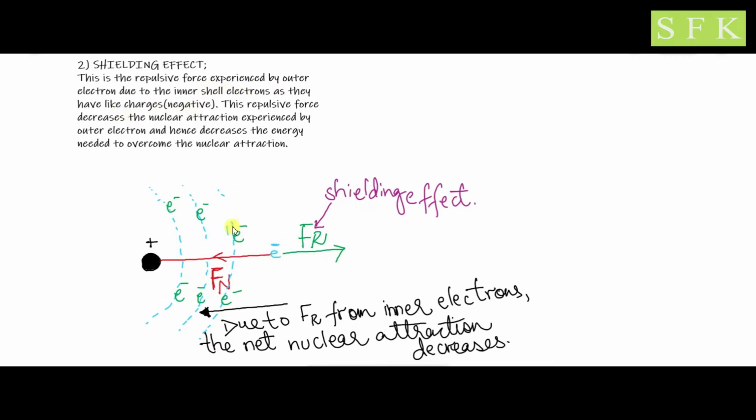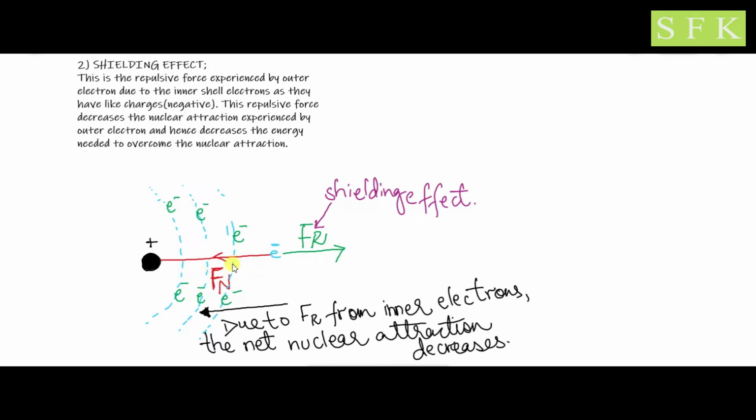The outer electron and the inner electron are both negatively charged, and we know that like charges always repel, unlike charges attract. So this repulsive force, indicated by Fr, due to the inner electrons,